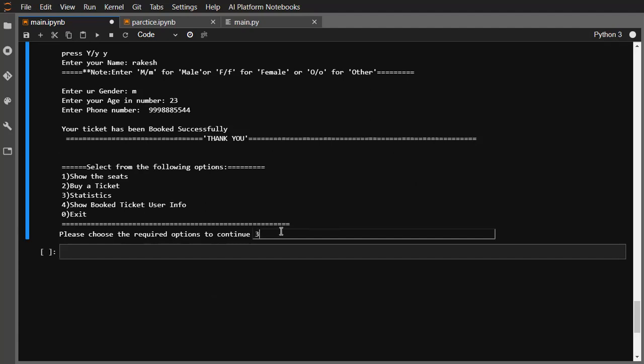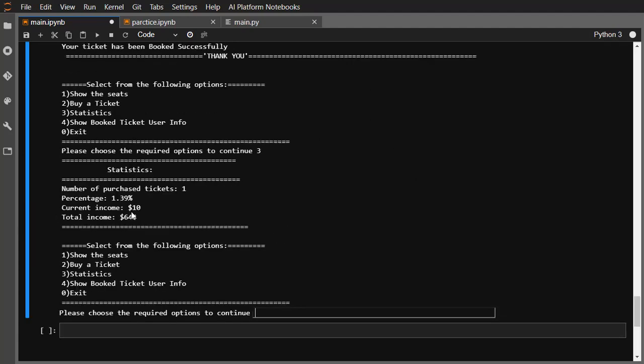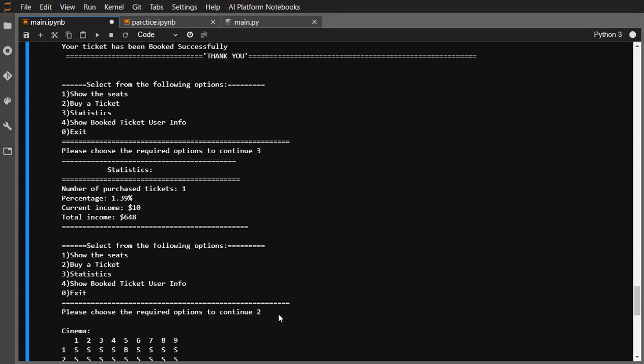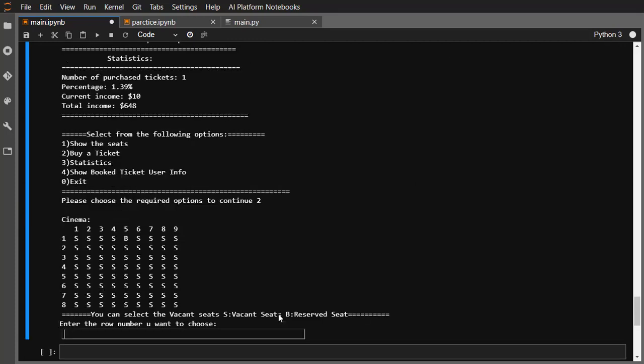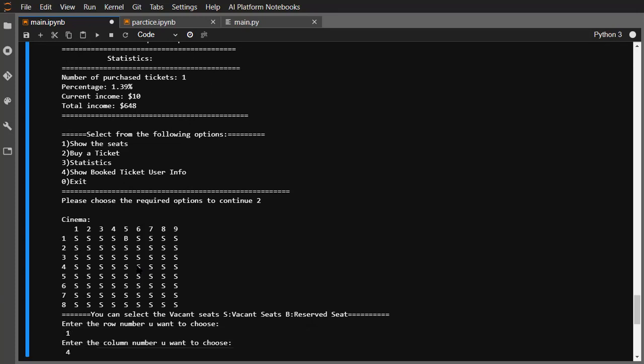Let me see the statistics now. Wow, number of purchased tickets is 1, current income is $10, and total income is that. Okay, let me buy a ticket once more. Now I can choose, now I'll choose this. See, here you can see that first row, fifth column is booked. Now I can select the vacant one. I will select first row, fourth column,